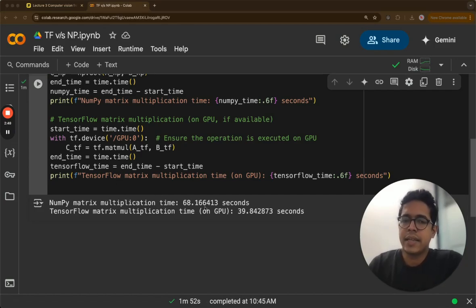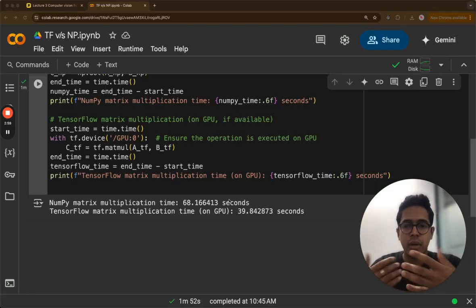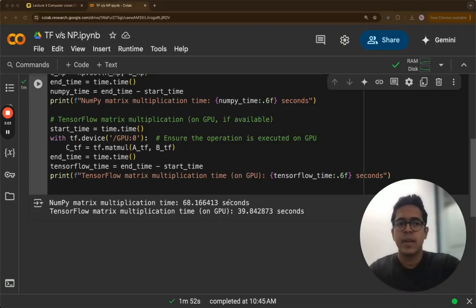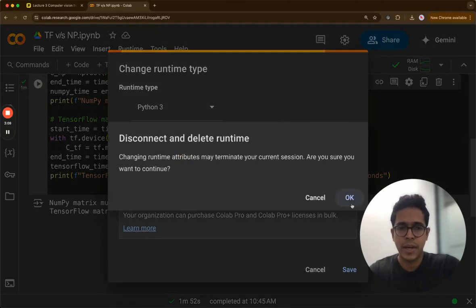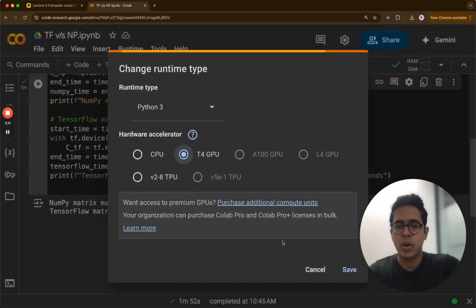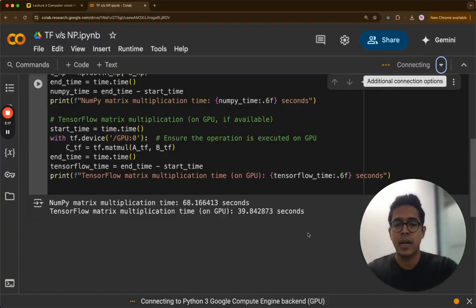So here the execution has finished. It took slightly more than 1 minute. NumPy took 68 seconds. TensorFlow took 39 seconds. So here, although I am printing that this is GPU, actually this is only CPU because I haven't activated GPU yet. So now what we can do is click here and change runtime type and select T4 GPU. Okay, this is freely available on Google Colab. Select T4 GPU. Which means you will be getting access to the GPUs which Google has,